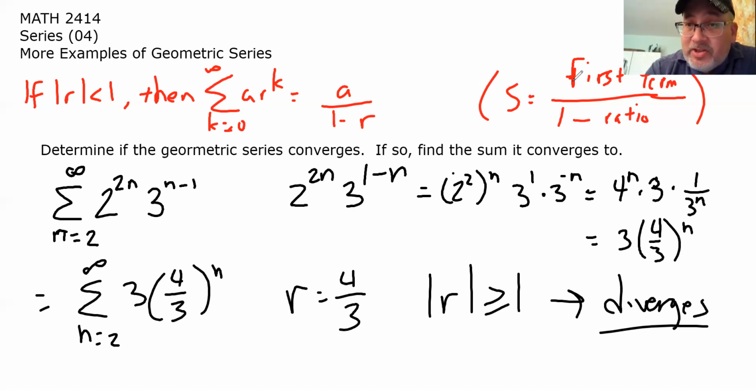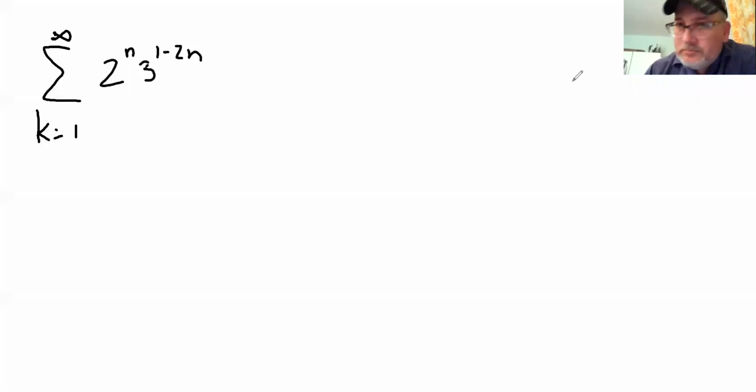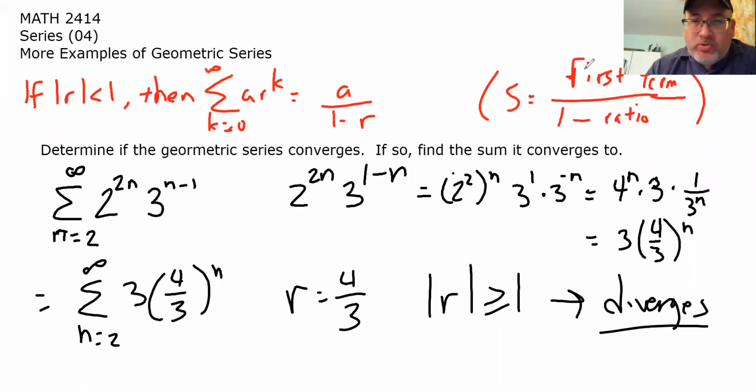All right, let's take a look at the next one. All right, so let's take a look at this one, which you might think looks kind of the same and actually has an error that we'll fix in just a moment. But it's not the same, because the argument on this one is 2 to the nth power times 3 to the 1 minus 2n power, whereas on this one, it was 2 to the 2n power times 3 to the 1 minus n. Oh my gosh, I just realized I made a pretty catastrophic mistake